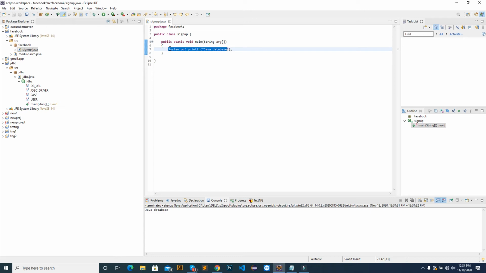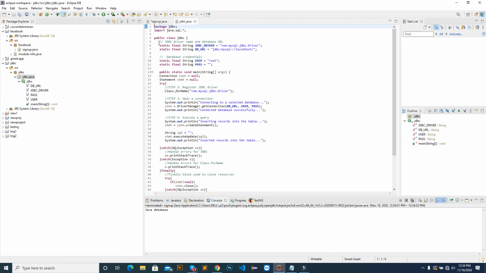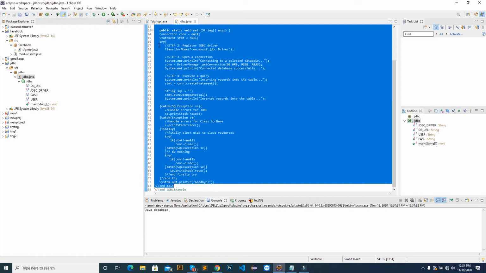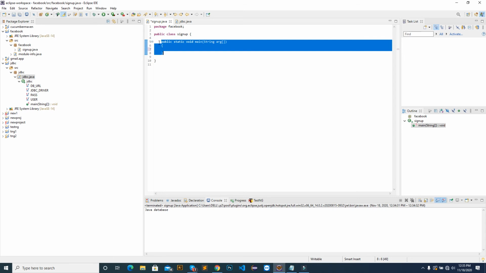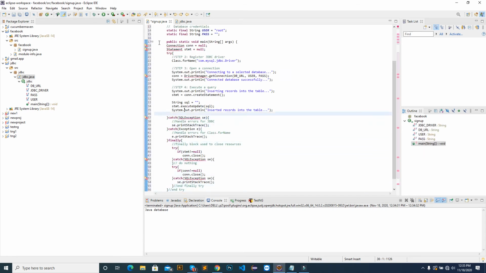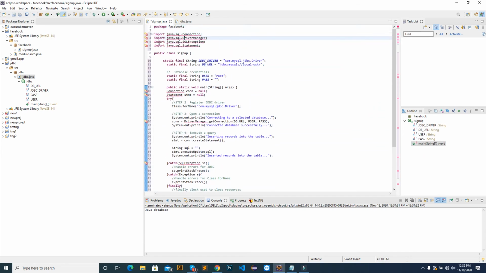Now what we will do is we will see this Java database, and I copy all this, Control C, and then I paste it inside this public static, Control V. This is the database class, database connections.